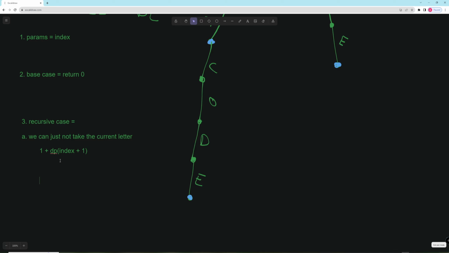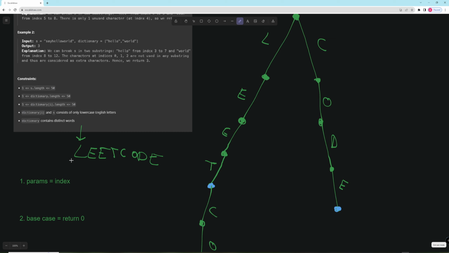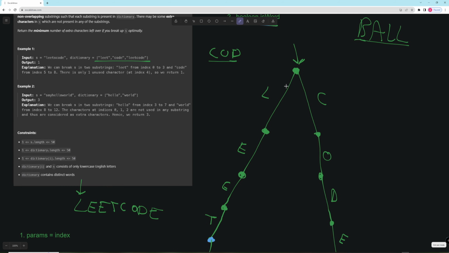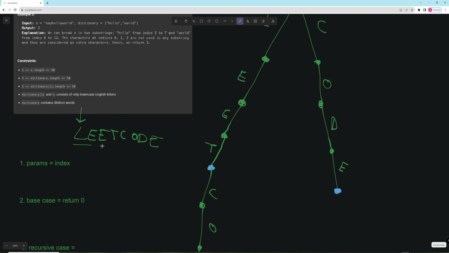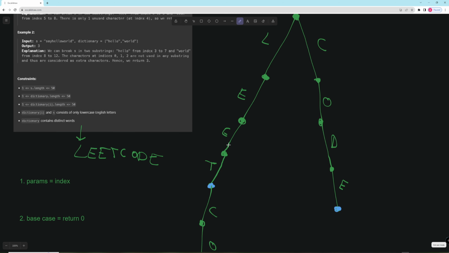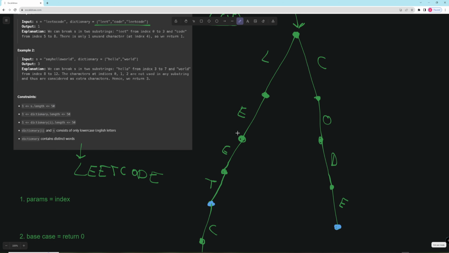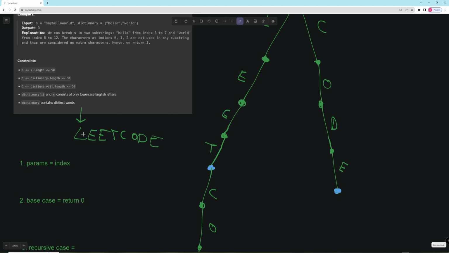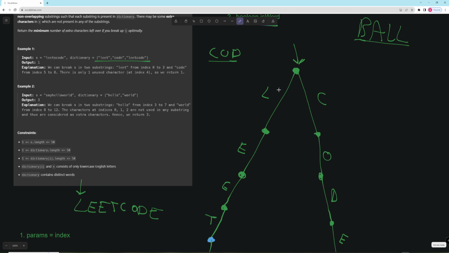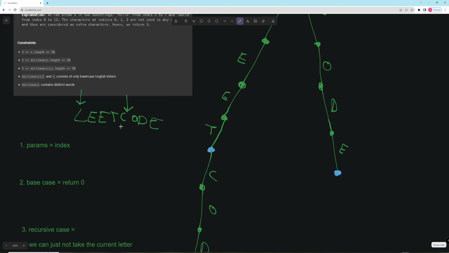And then the other version you have is you can take any word starting here, meaning if you start at leet, you have to actually go through this whole LeetCode thing all the way to the end in the trie, until you either run out of bounds of the trie, or until some of your word is no longer in the trie. You have to traverse through the whole thing because you can have multiple words in here, and for every word you find, you have to recurse into that word. So essentially, when you go here, you would go down to leet, you'd say, okay, this T is a word, so then I have to recurse down to here,